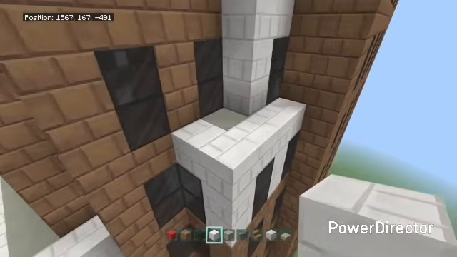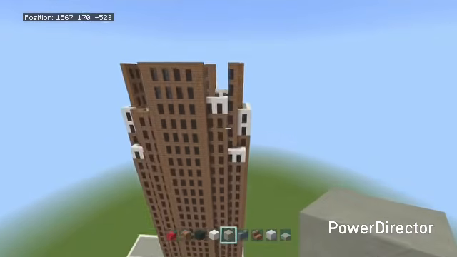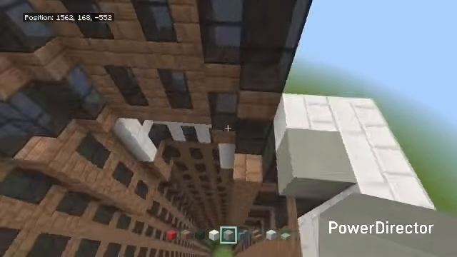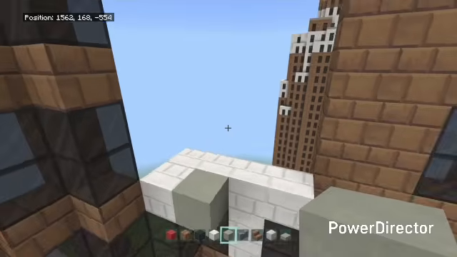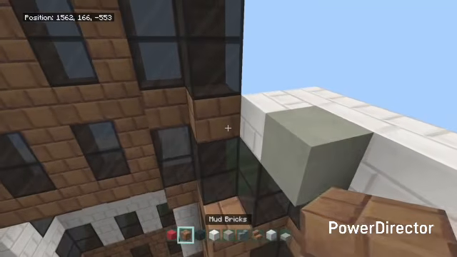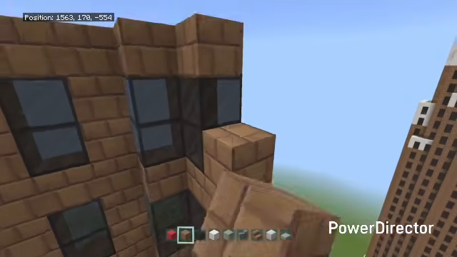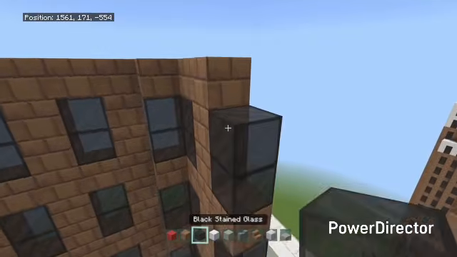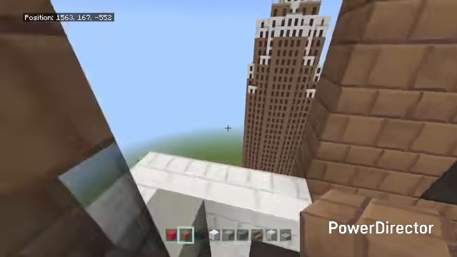Now after you've done that, you want to place 1 stone, just like I did down there. So 1 stone right here on the corners. And from here you want to drag your mud brick towards the stone. Raise it up. Then continue the pattern. And then once you get to that stone right there,